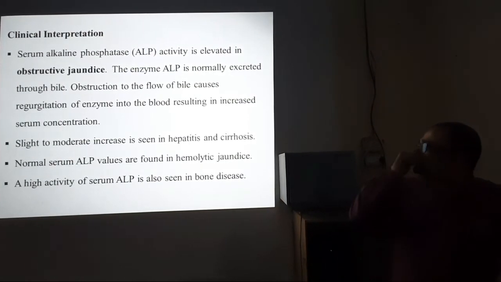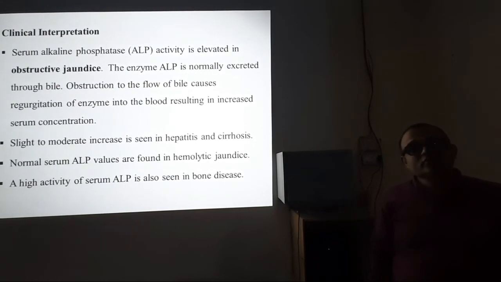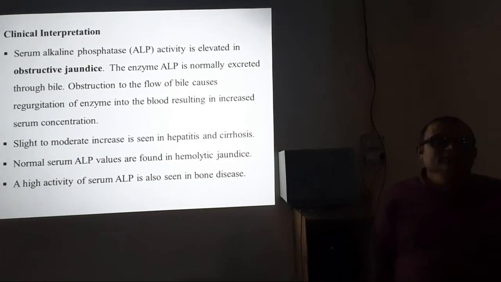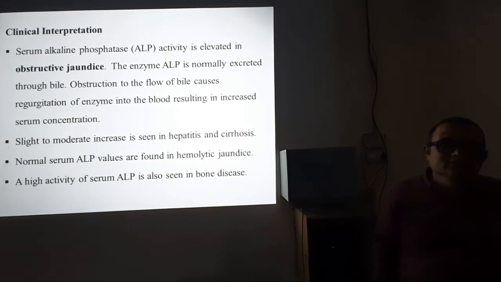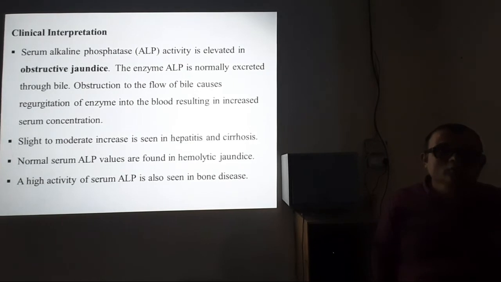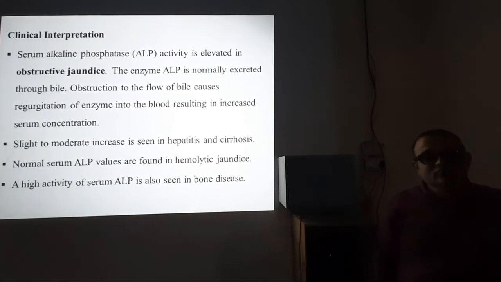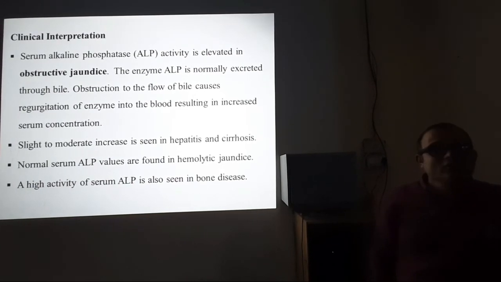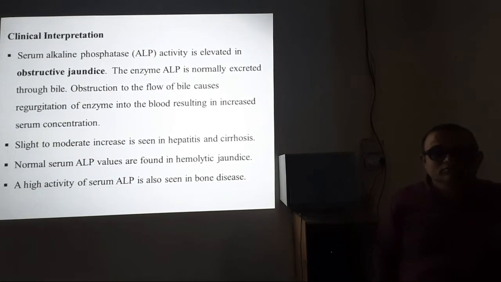Now ALP. Regarding ALP, as I already told you, ALP is not very specific to liver. It also increases in pregnancy. It will also increase in bone disorder. It will also increase in various carcinomas. So it has various isoenzymes. One is specific for liver, one is specific for bone, one is specific for cancers, that is called the Regan isoenzyme. I will not go into details of that, but you know that ALP might be raised in other disorders also. But limiting to obstructive jaundice, ALP rises in obstructive jaundice.